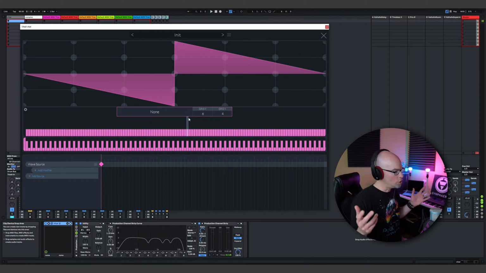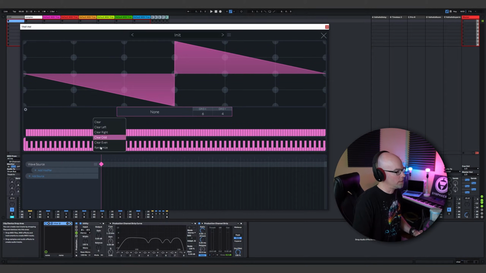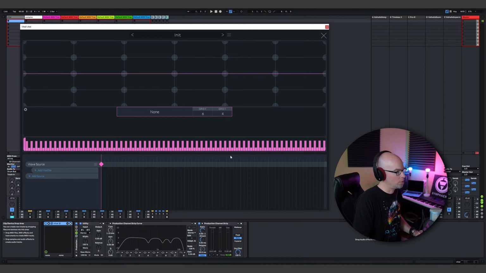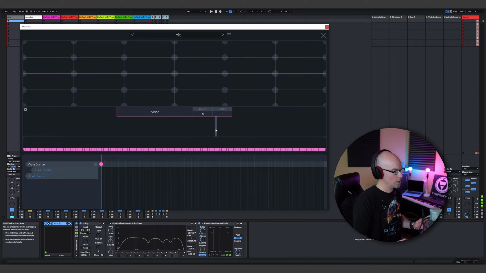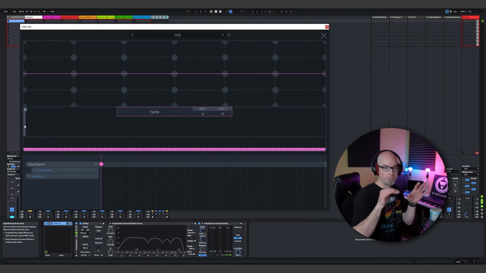And what I'm going to do is I'm gonna right click in this area and then I'm gonna clear it out. So now I have 0 harmonics. This is the harmonics and this is the phase down here. So I'm also gonna clear the phase here just for good measure, all right? So if I start drawing harmonics in here, what you're gonna see is you're gonna start seeing the fundamental harmonics